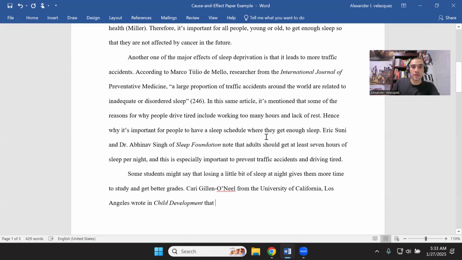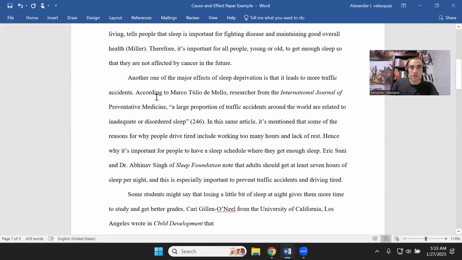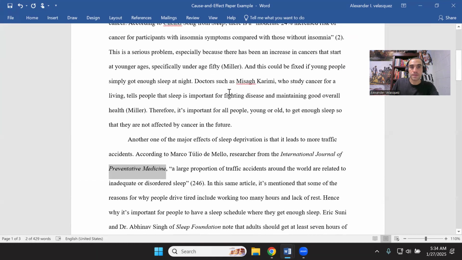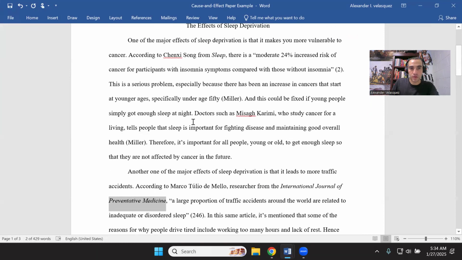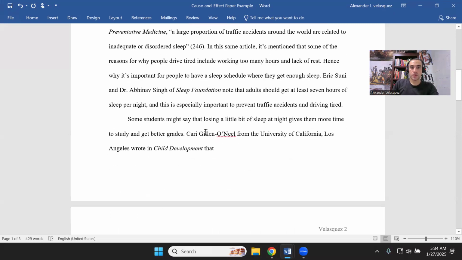So you notice the pattern, right? So Eric Sooney, Dr. Abhinav Singh of, what's the name of the source? Sleep Foundation. Marco Tullio de Mello, researcher from where? International Journal of Preventive Medicine. Wow, this should be in italics. I don't know how I missed that. Where was it? Chen Shi Song from Sleep, right? So in all of these, you're putting who said it and where it's coming from. So Carrie Gillen O'Neill from the University of California, Los Angeles, she wrote in Child Development that,